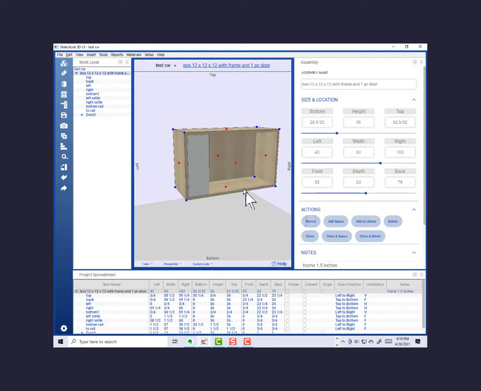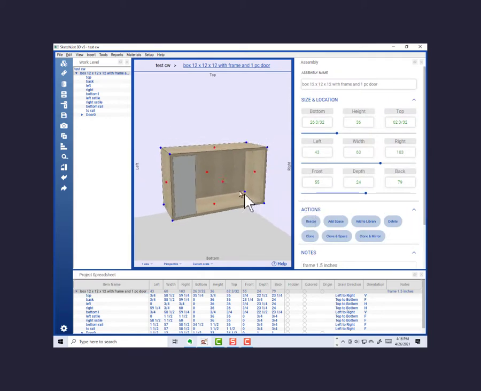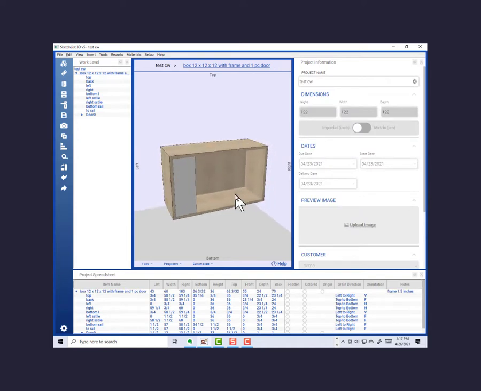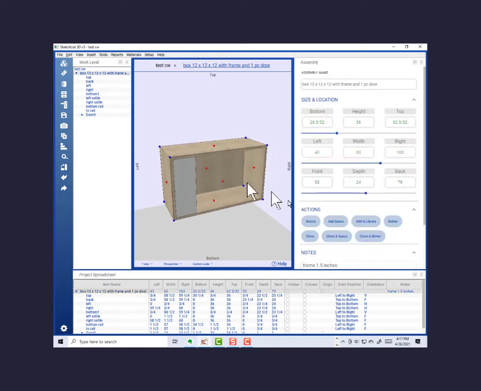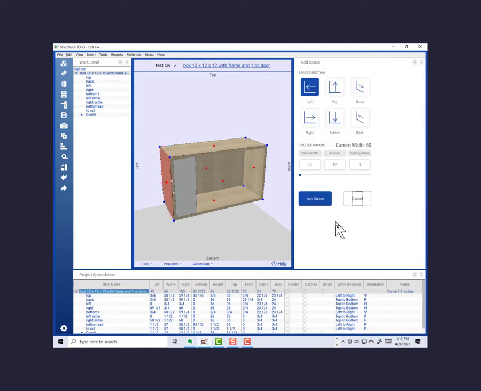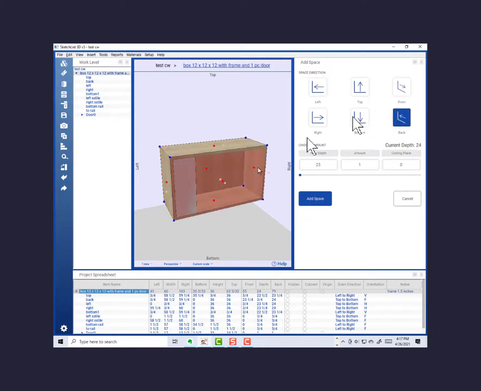And the add space, what is that for? There are times when you're moving along in your design and you realize, for example, you didn't leave room on the front of the cabinet for the overlay drawer or for the face frame. In that case, you just add space. You say, I want to add it toward the back. Here's the